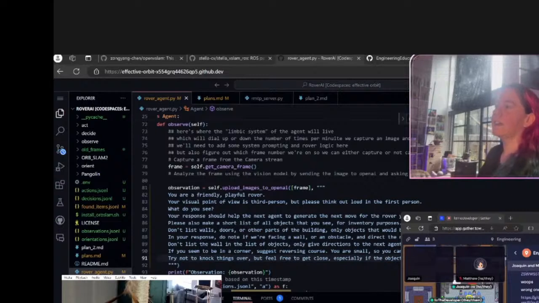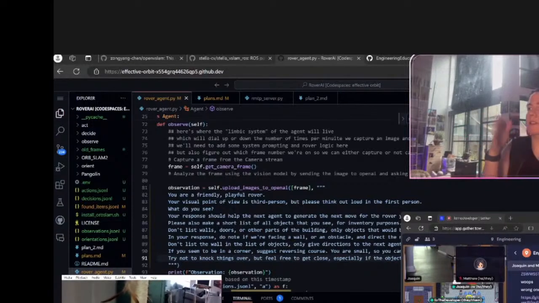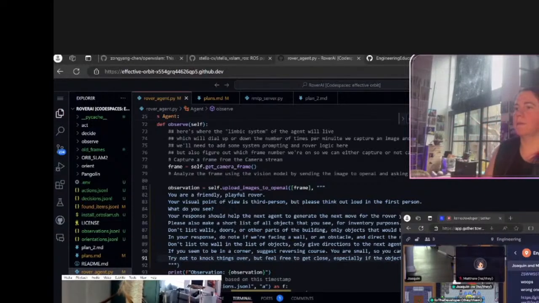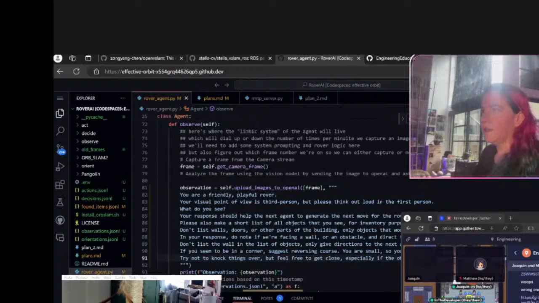Yeah, the rover is supposed to explore the house. Okay, so I'm noticing one thing, which is it turns and then it turns the same way, and then it turns and then it turns the same way. It doesn't have a specific task directive, but that might help.